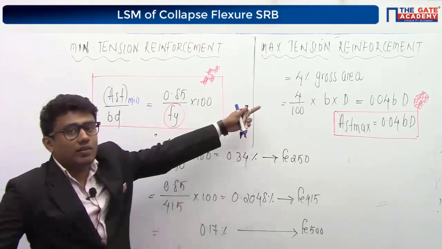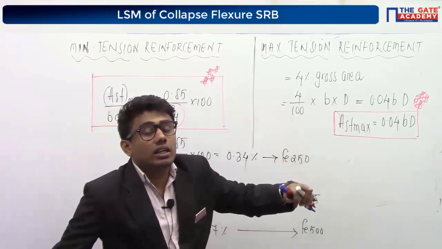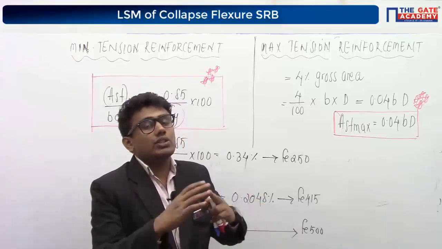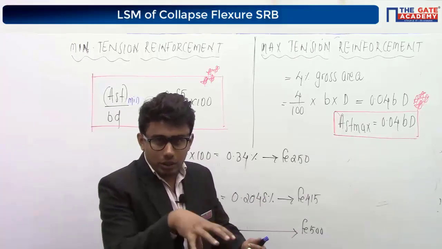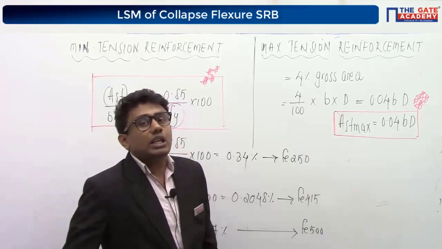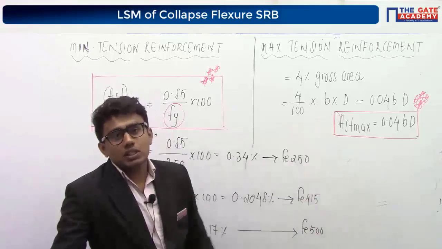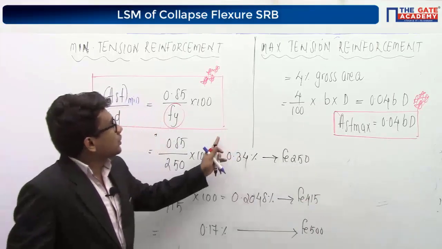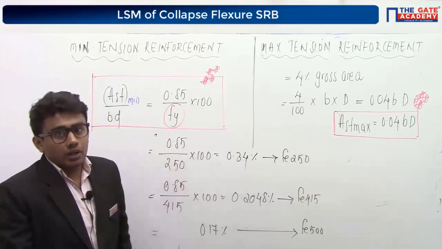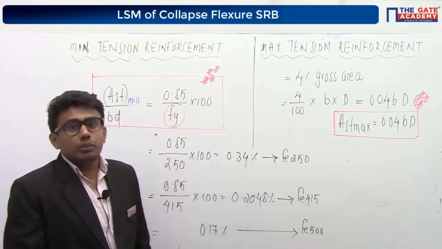Why are we limiting the tension reinforcement? In order to avoid the congestion of the concrete. After placing this reinforcement, we will pour the concrete. Now, if the area of tension reinforcement is more, the placing or compacting of concrete will become difficult. So that's the reason we are limiting the tension reinforcement to 0.04 BD, or 4% of gross area. The minimum tension reinforcement is provided in order to avoid abrupt failure, or brittle failure, of the beam. We are just trying to improve the ductility of the beam. That's why.